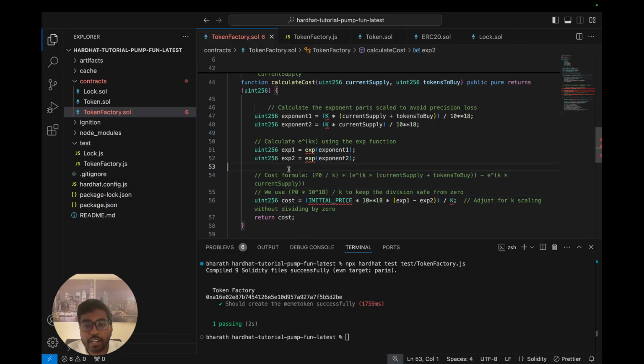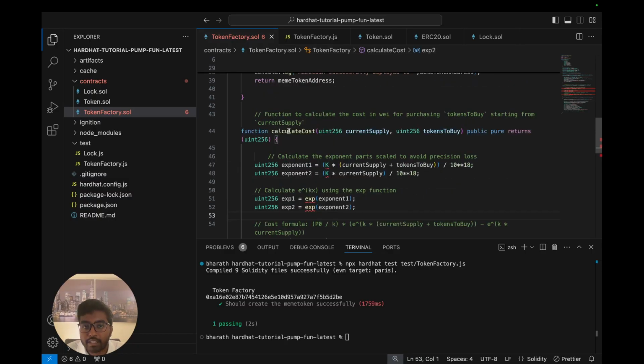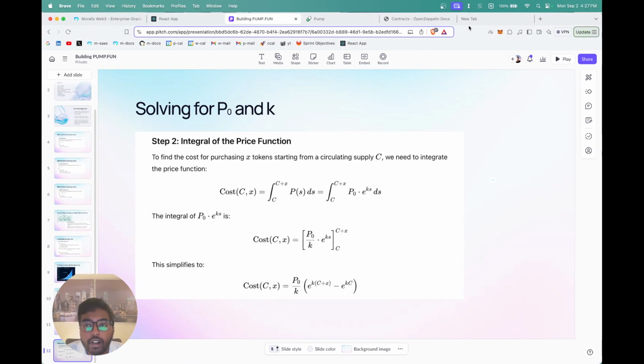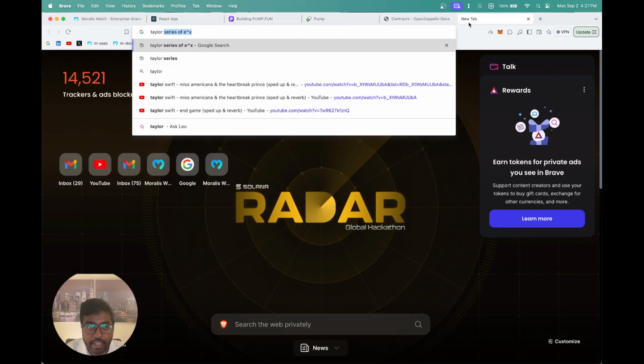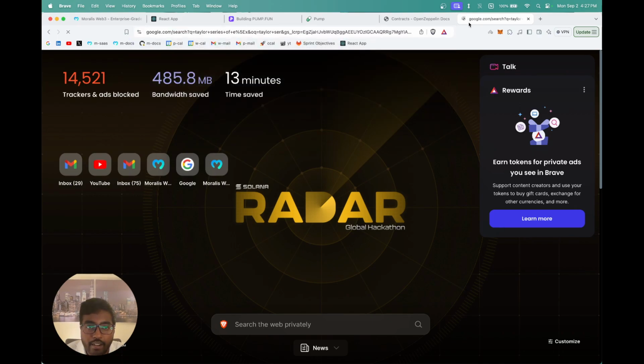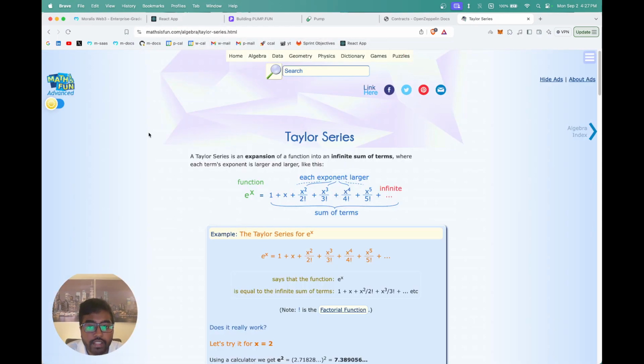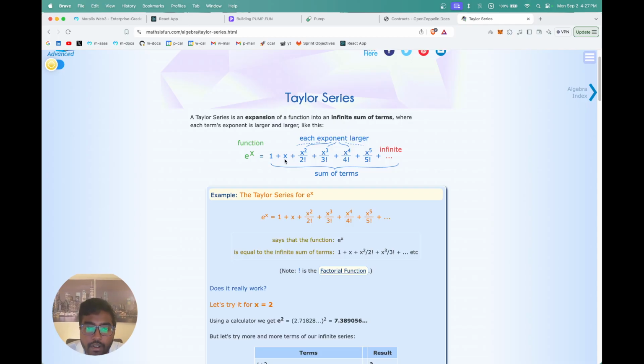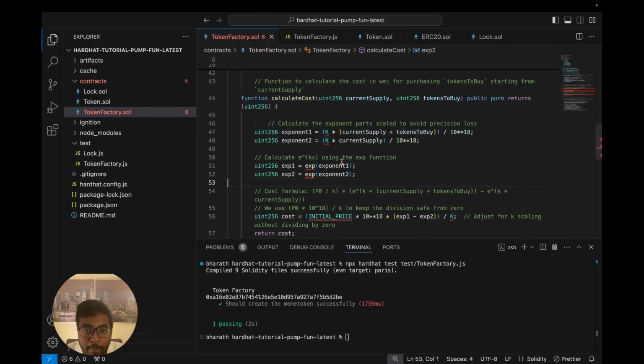Now, an easy way to implement the exponentiation function, because it's pretty expensive in Solidity, is to use the Taylor series. So Taylor series basically shows you the exponent function. So within this, you can see that e power x can be approximated to this value. You have 1 plus x squared by 2 factorial, etc. So we're just going to do this for up to like 20 terms. So I have the function written over here for calculating this exponent. So let me just open this up and